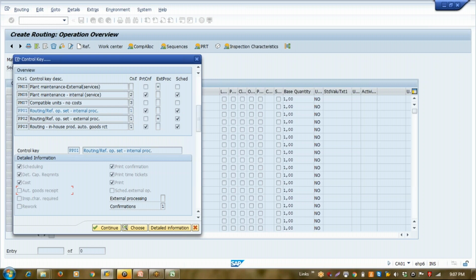Now here, earlier SAP had given 3 to 4 transactions. One was for confirmation, one was for receipt, and another transaction for issue. Nowadays all these things are merged into a single transaction. So if you want the system to automatically take receipt after your operation confirmation, then we use this automatic goods receipt button. And where will you use it? We'll always use this automatic goods receipt at our last operation, because